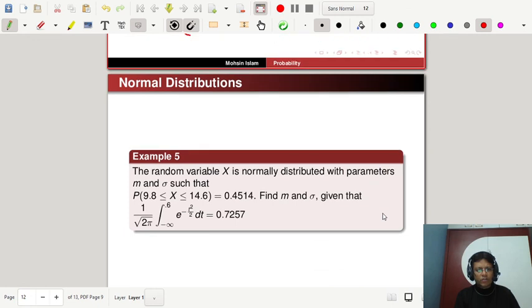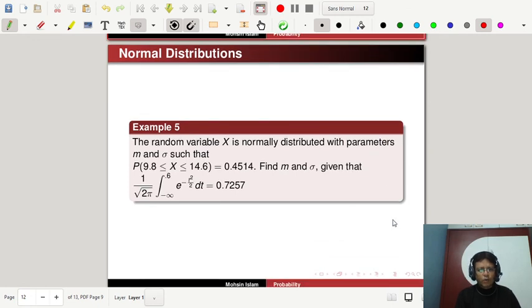And you have another problem, how to calculate mean and sigma. Suppose mean and sigma are not given, but you are only given the probability. Using this result, you have to calculate the mean and sigma. You can try this also. This is also for your assignment. So you check these results and this valuable lecture for your better understanding. In case of normal distribution, you can check these calculations, theoretical portions, how to calculate the region. You can draw the region, get the values and find the solution. The rest of the problems are for you.